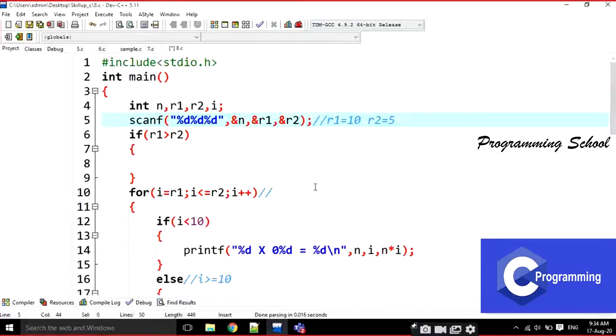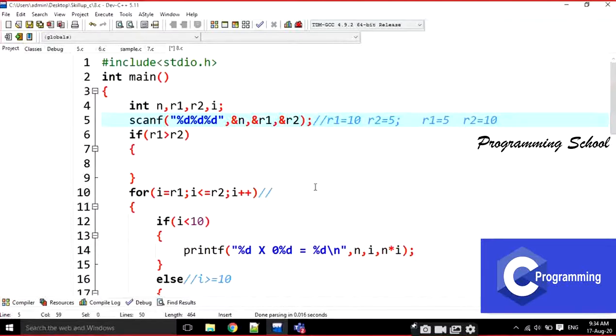When it is like this, I am going to swap the numbers. I am going to exchange the values, R1 value to R2 and R2 value to R1. Okay, that's it. Then now look at this.